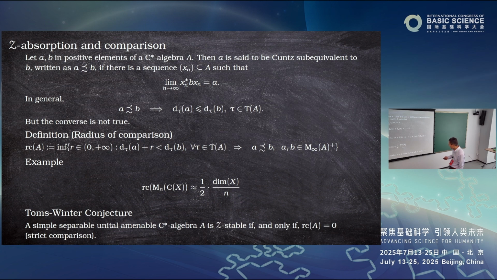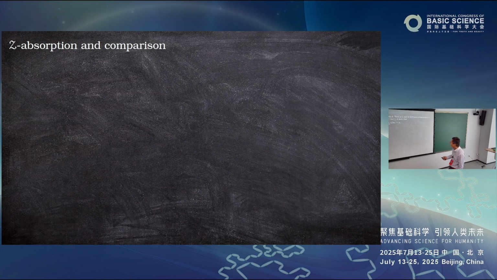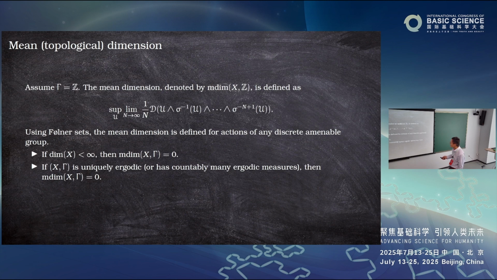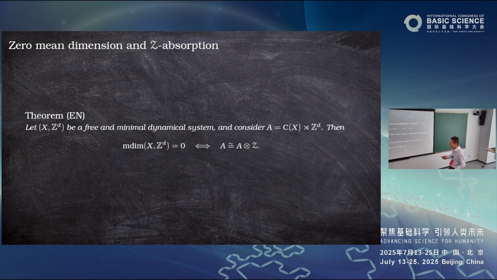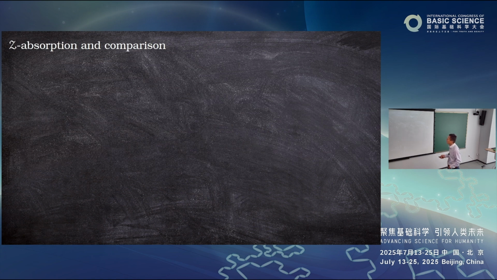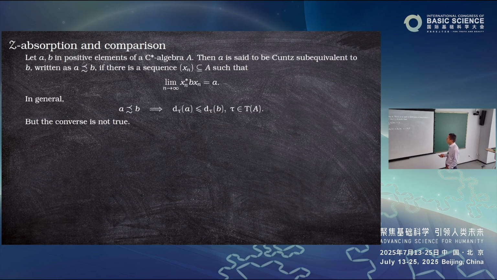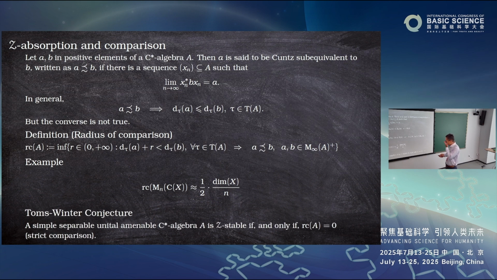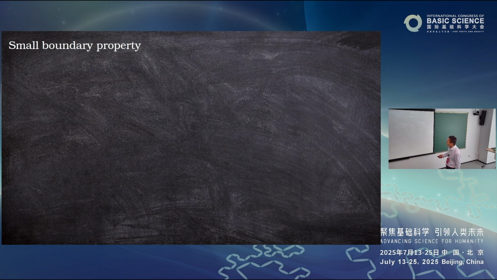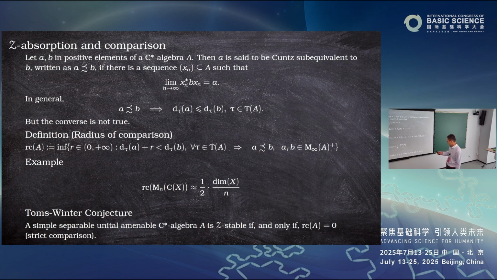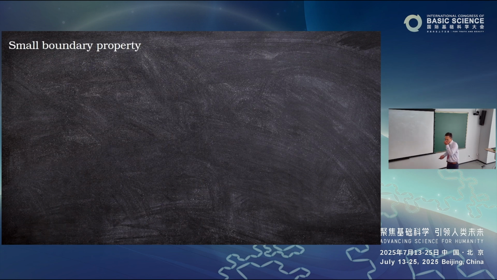In principle, it corresponds to the Z absorbing, and now this should correspond to the 0 mean dimension. So that's roughly the motivation. It doesn't just come from nowhere. There is a reason to think that this should be true. But to really get there, we have to use another